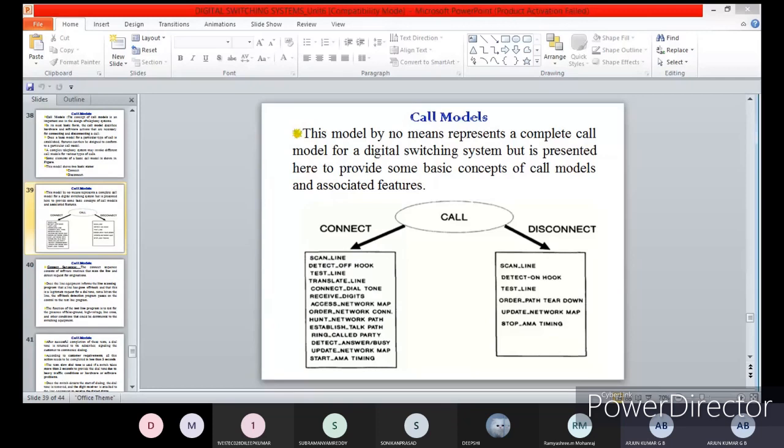No, sir. Okay. Please everyone note this block diagram.